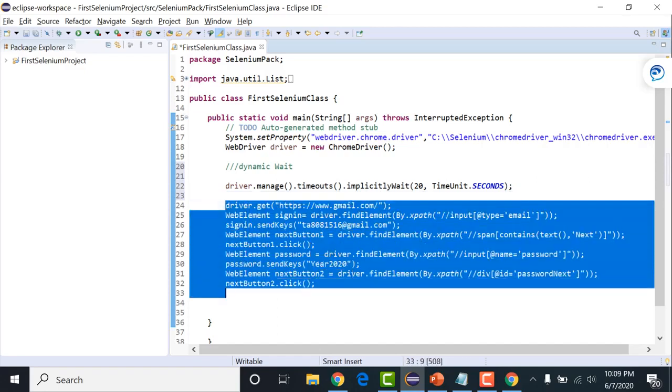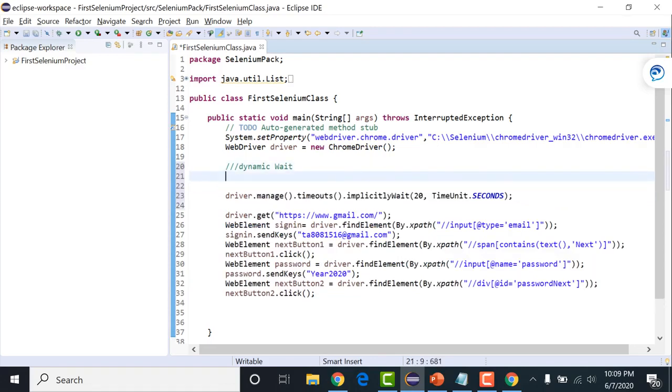And this is applicable for all the elements available on the application. This is the time that we have defined for all the web elements, applicable for all web elements on the web page. It will keep on checking or identifying your element, and whenever it finds it, it performs the action. That doesn't mean it is going to wait for 20 seconds, or 30 seconds if you have defined 30.